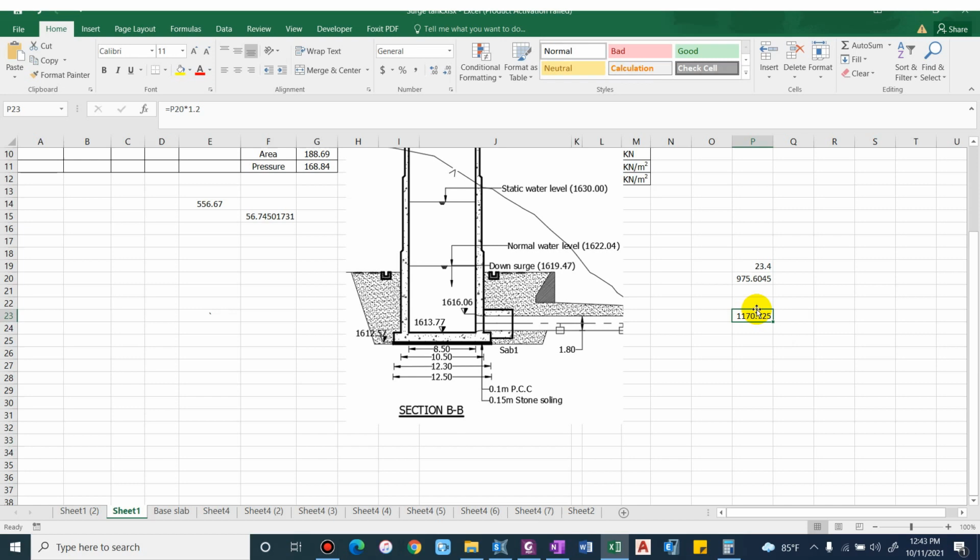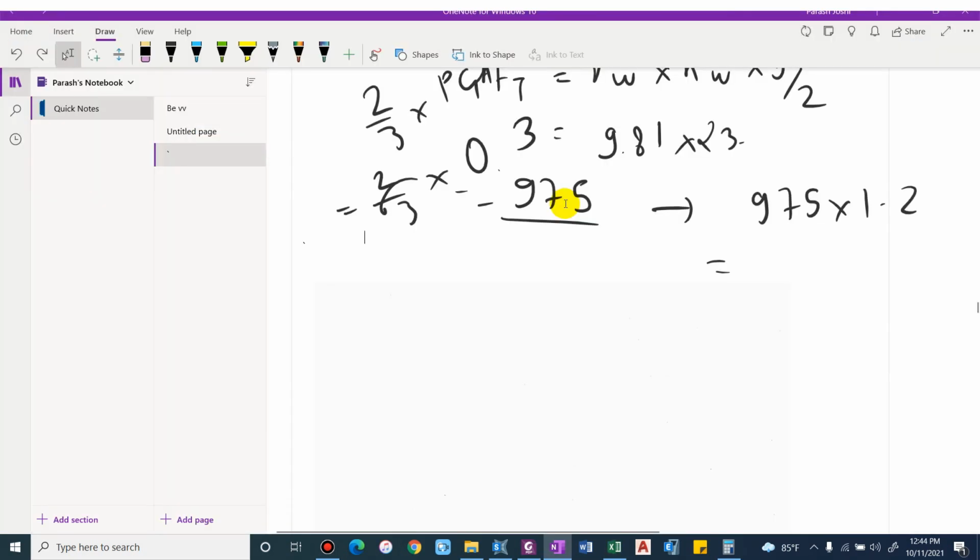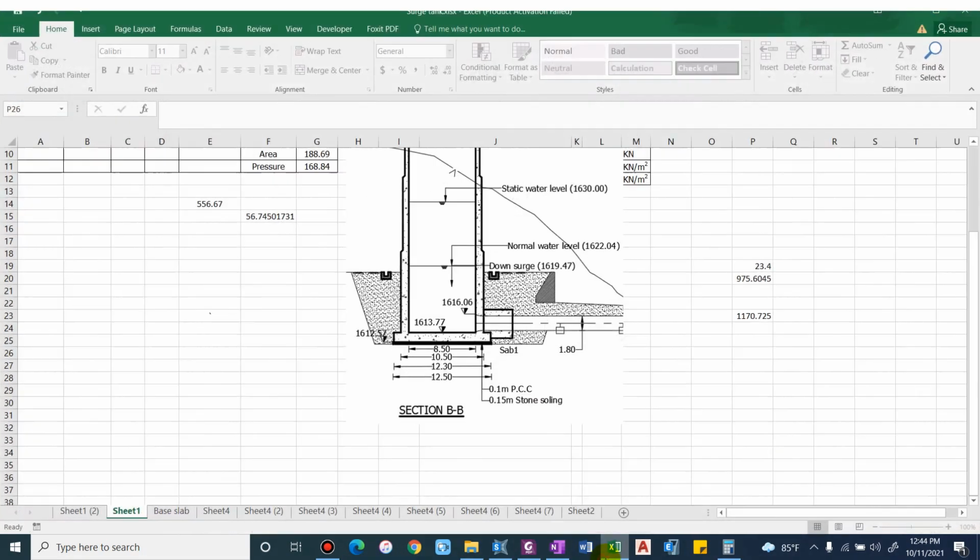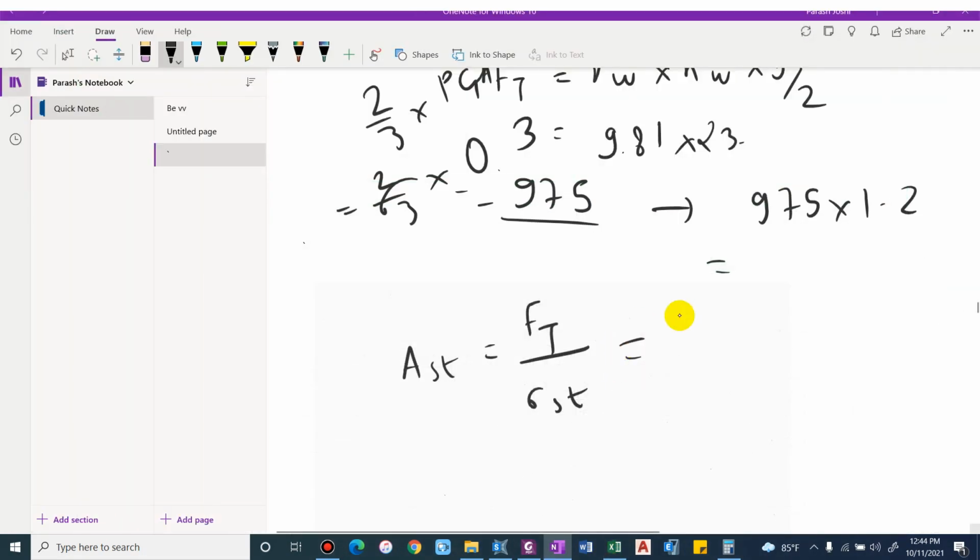Now with respect to this, we'll provide the thickness, and before that we shall also consider a certain percentage of reinforcement. For computing the area of steel, we have a simple formula: Ast is equal to Ft divided by sigma_st. For hoop tension, the area of steel required will be equal to the hoop tension divided by the permissible tensile stress under direct tension. We computed this value Ft as 1170